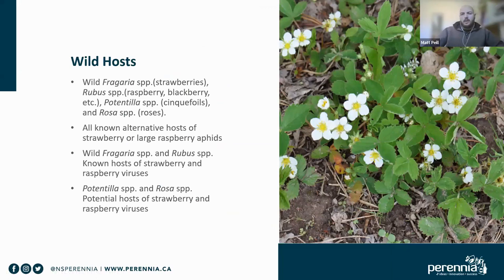So another component of viral disease development within Nova Scotia is wild hosts. So obviously wild strawberries, wild raspberries, wild blackberries are very common. And they are known hosts for the respective aphid species. So wild strawberries, you will find strawberry aphid on those, and large raspberry aphid you can find on raspberry and blackberry species. There is also potentilla or cinquefoil, which is very closely related to strawberry and is a known host of strawberry aphid as well,